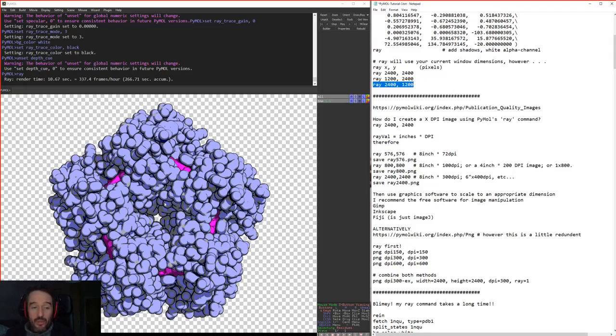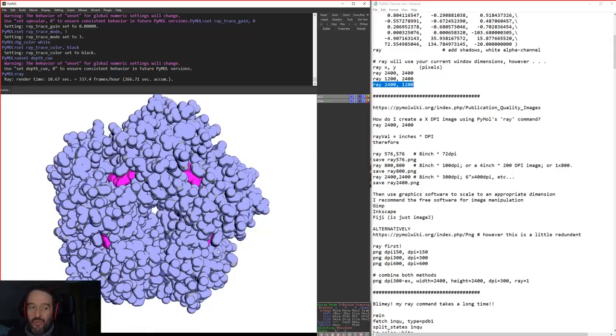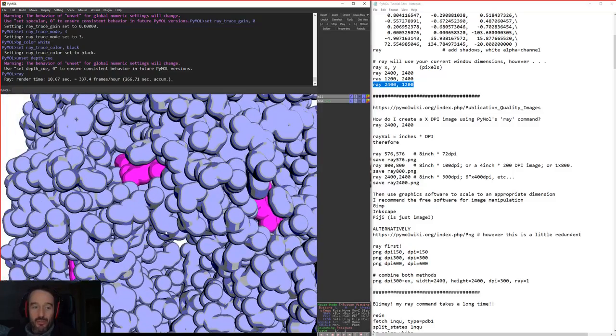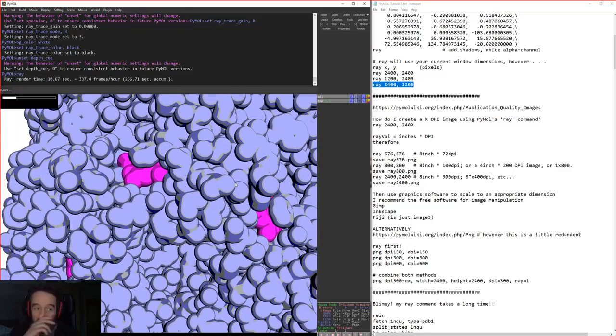But be aware that there are many different ways in which you can stylize your images, and of course the reason to stylize the images is to convey the point that you're trying to make. Showing the cartoon structure all the time isn't always the best way of conveying a ligand binding site, for example. Even here you can see that we've got this kind of contrast between the ligand and the protein, and you can see various interactions here. So think about what it is that you're trying to say with your image, and then choose something that's appropriate for that.